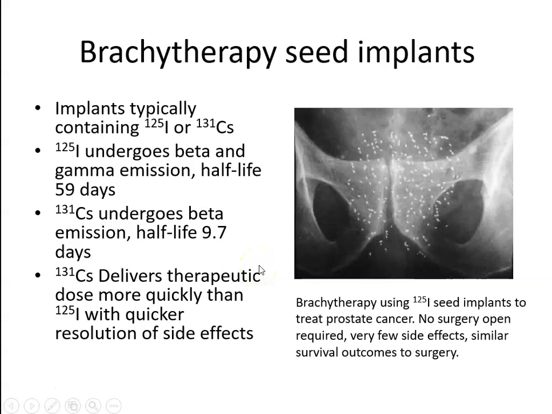Now, brachytherapy involves implanting a radioactive material into the patient, usually in the formation of small metal seeds. So iodine-125 and cesium-131 are implanted in metal seeds, and in this case this is a patient's prostate. So using a transrectal sort of biopsy type needle, but same idea as I think I talked about transrectal ultrasounds last week, we can go in through the rectal wall with a device to implant these radioactive seeds throughout the prostate. So every bit of the prostate is no more than about a centimetre away from a radioactive bead,